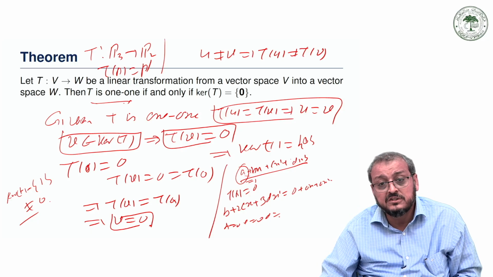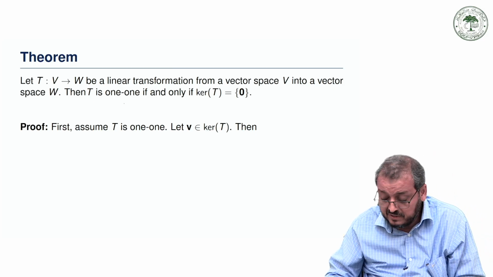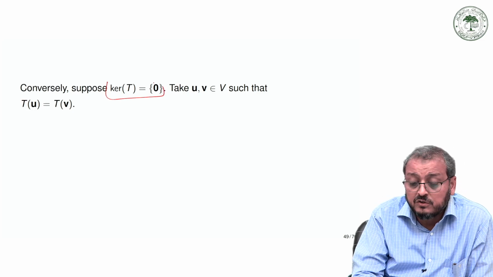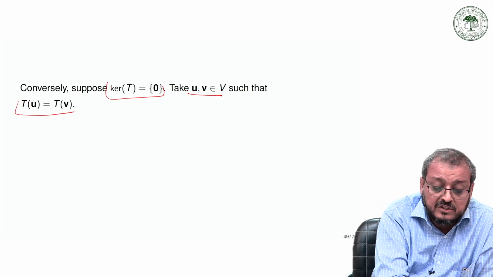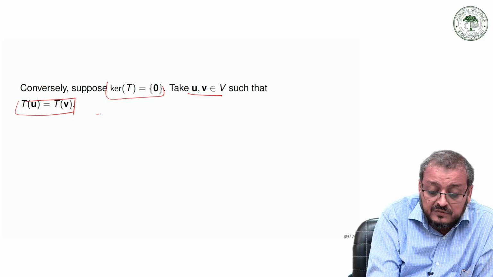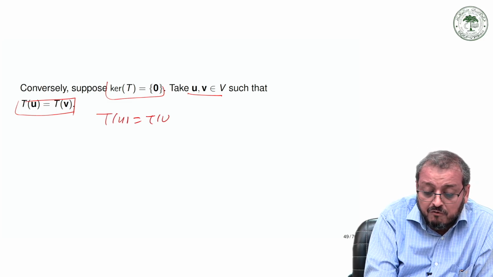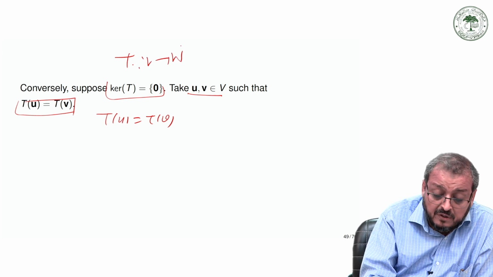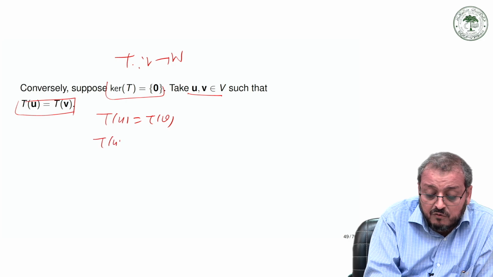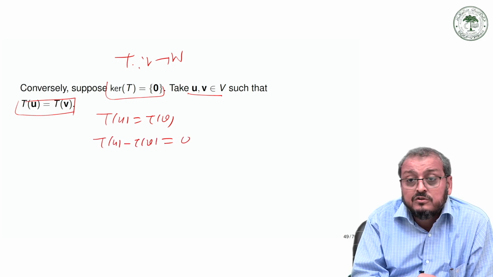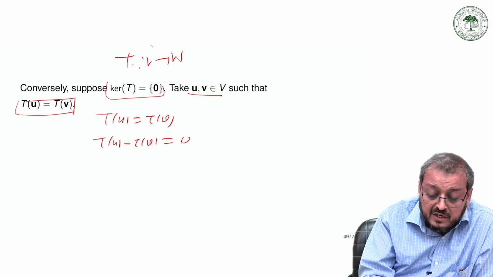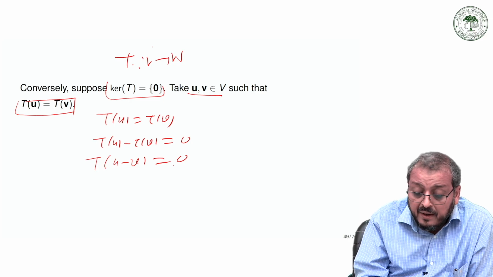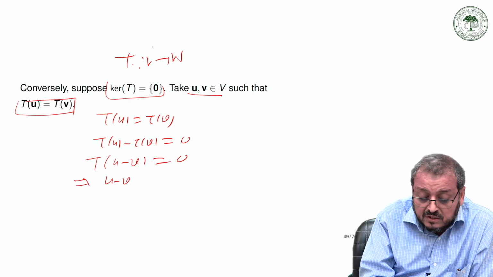The converse part of this is saying that I have to prove this. Now conversely, the kernel of T is equal to 0. So we take two different elements, assuming these two elements are the same. If the two elements are the same, then we can say that T of u is equal to T of v, where T from V to W is a linear transformation of two vector spaces. This can be written as T of u minus T of v is equal to the 0 vector, and because T is linear, this can be written in the form T of u minus v is equal to 0. This implies that u minus v is an element of